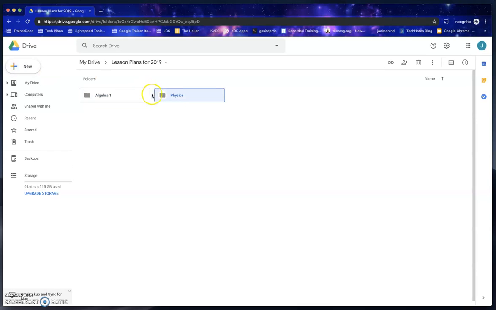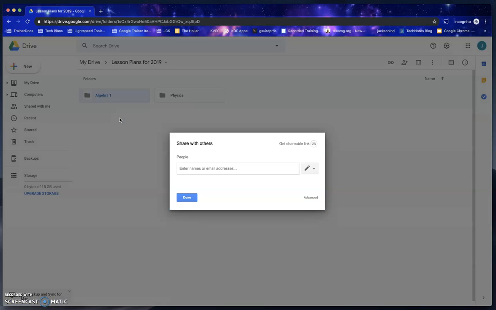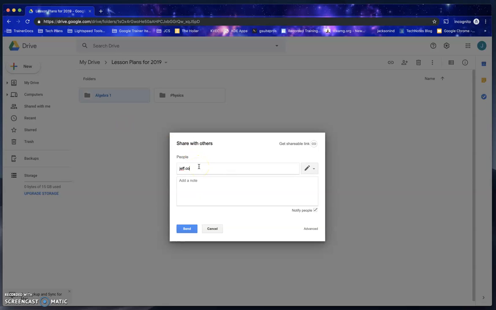Now there's times that sometimes we need to share things. So for instance, from this menu here, we can actually right click Algebra 1, we can share it, get a shareable link, we can start to search for it very quickly, we can change its color, we can download, view, and do some other things. So right now what we want to do is go ahead and share it, because you need to know how to share. Currently, when you type in a person's email address,